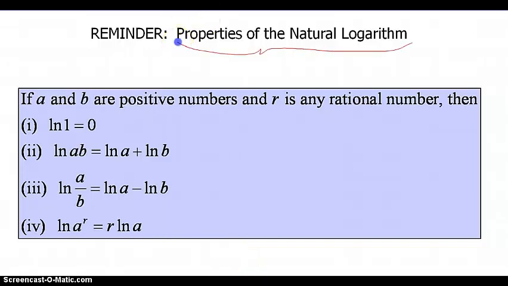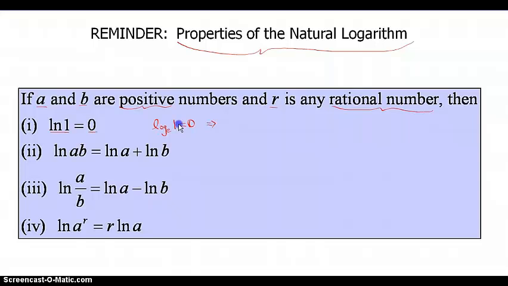Again, we know all these, they're already in your notes, but we're going to review them again. If a and b are positive numbers, and r is any rational number, then we can count on these four properties of the natural logarithm. We can count on the fact that the natural log of 1 is 0, and here's why. Because the natural log is log base e, and the log base e of 1 equals 0,